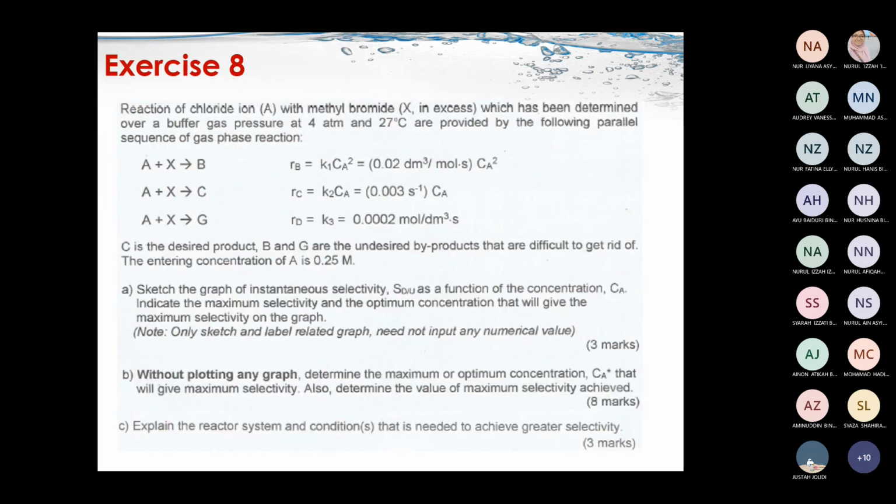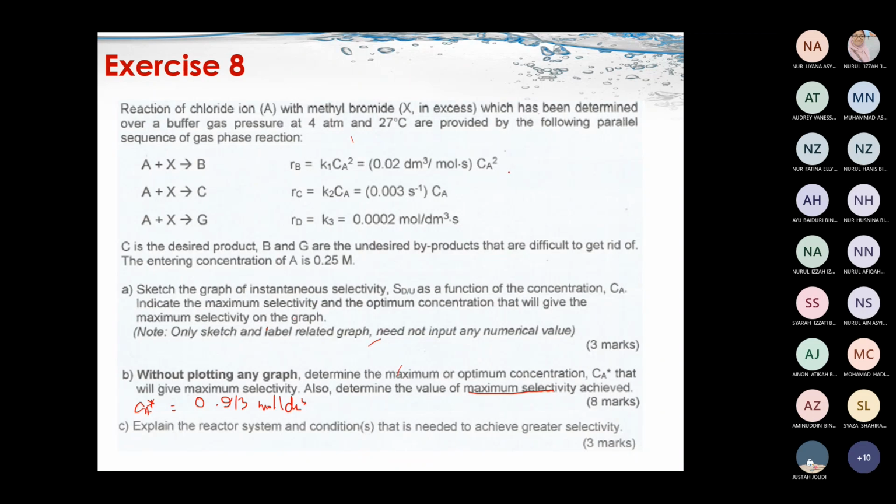Okay, sekejap, saya ada tulis jawapan dia. Question number 8. Okay, you try buatlah jawapan number 8 ni. B ni is around, nanti you ada masa you buatlah. Mana jawapan saya? Okay, so this one 0.913. Alright, mole over decimeter cube. This is for CA. Okay, and then okay, maksud maximum selectivity means that okay, you kena buat dulu what is